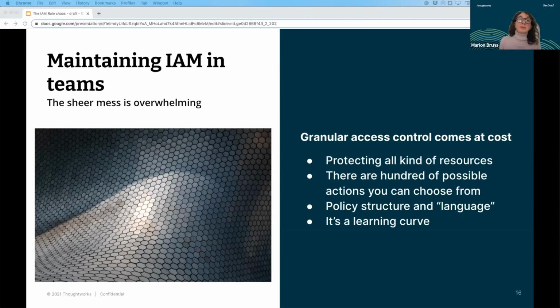Nevertheless, that does not only apply to developer teams, but also to the cloud and tools team, platform team, or infrastructure team, however you call it. The first thing which becomes apparent is the sheer mess every IAM tool comes with, regardless of the cloud provider. And granular access control comes at a certain cost, and the cloud providers have comprehensive IAM tools that allow you to protect every single service and resource.